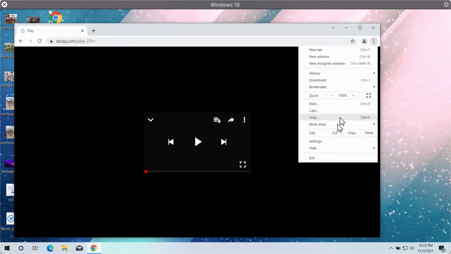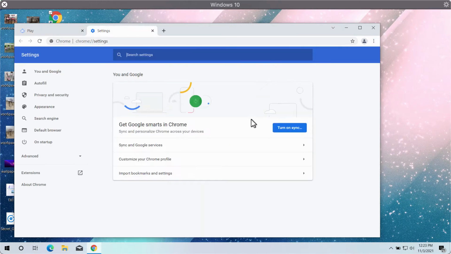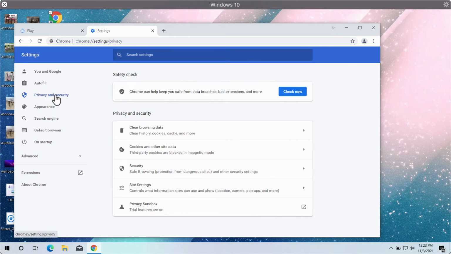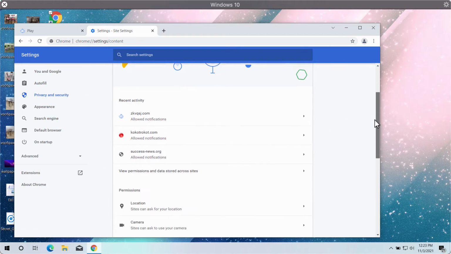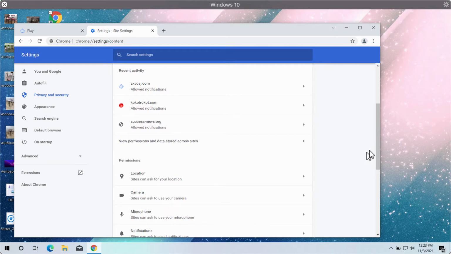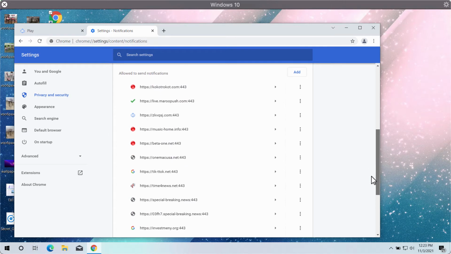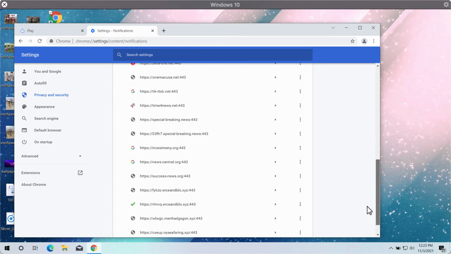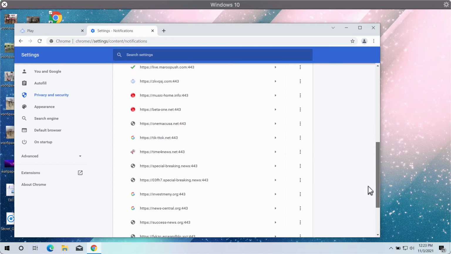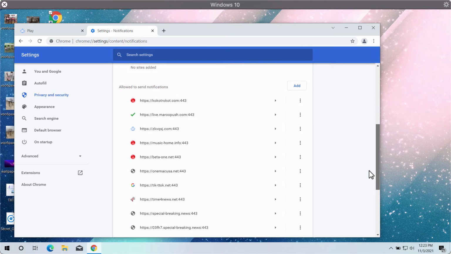To get rid of these ads, you need to implement some browser fixes. Access the menu, go to Settings, then choose Privacy and Security, click on Site Settings. In Permissions, select Notifications and pay careful attention to the sites that are allowed to send notifications. When you find this malicious site,